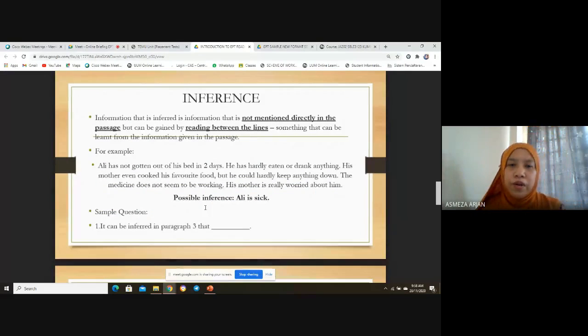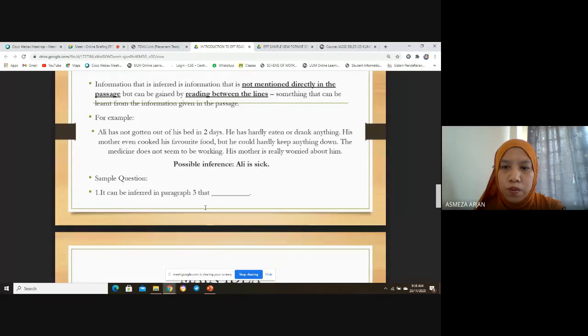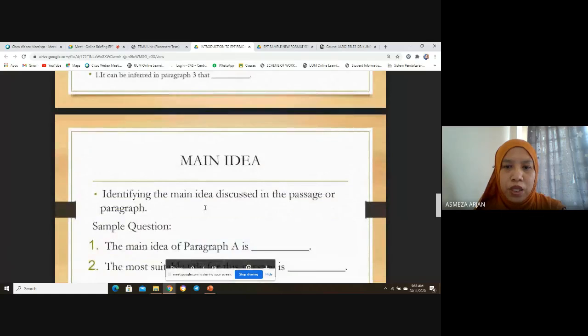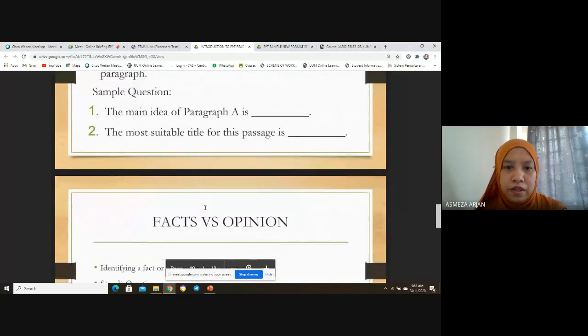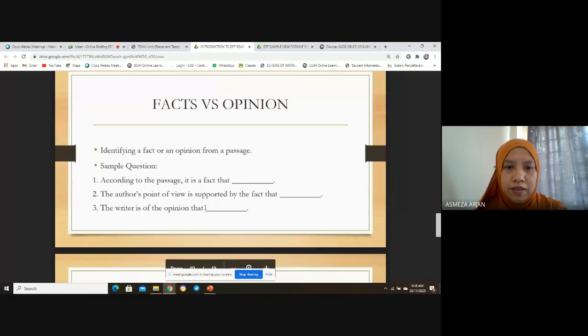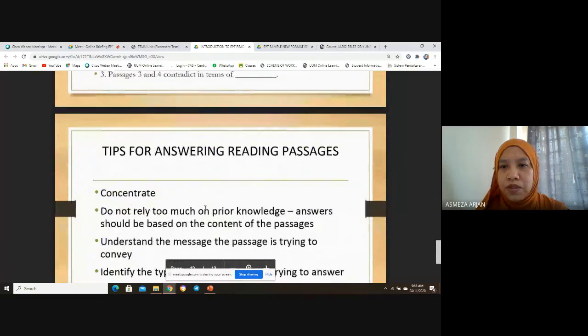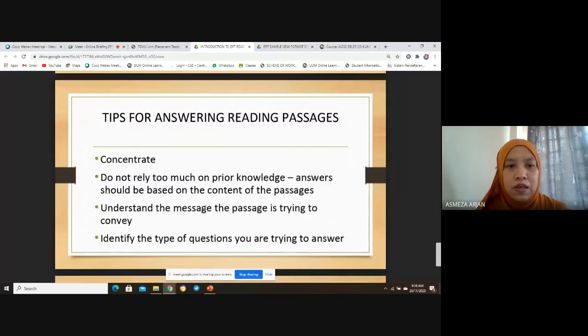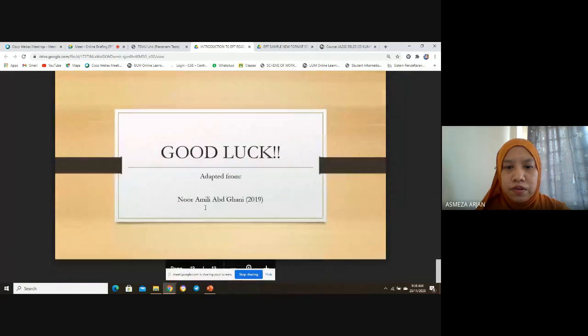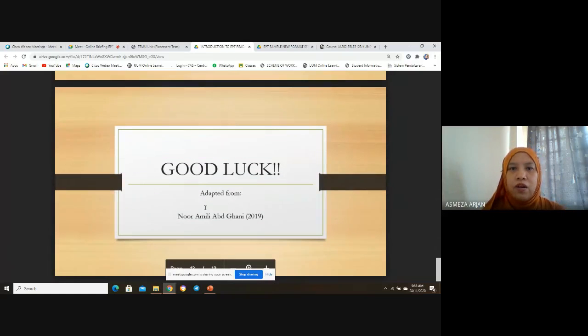So you can read and look at the question. Hopefully this would be sufficient to help you understand what the question is all about. Facts versus opinion. Synthesis. Tips. You are also given tips on how to answer your reading passages. So this is the end of your reading